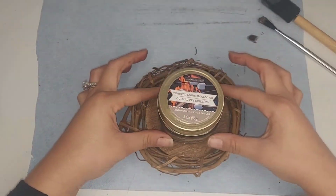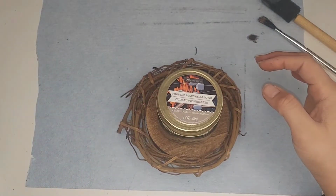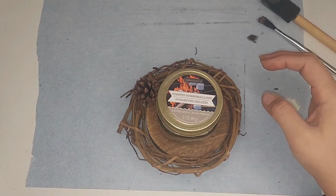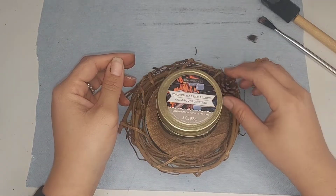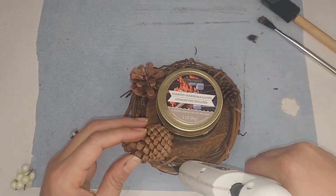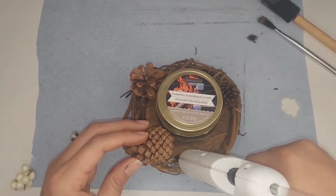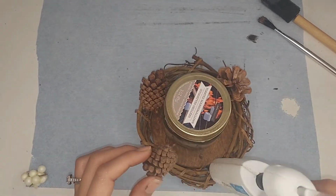Now I'm just taking this candle from Dollar Tree and I'm just kind of positioning it so that I can add some pine cones and kind of figure out where I want to put everything so that a Dollar Tree candle can fit in. I wanted to use a Dollar Tree candle so that it was nice and cheap and easy when I wanted to replace the candle, and I didn't have to use like a $5 or $6 Walmart candle every time. So I'm just gluing down some of my pine cones,